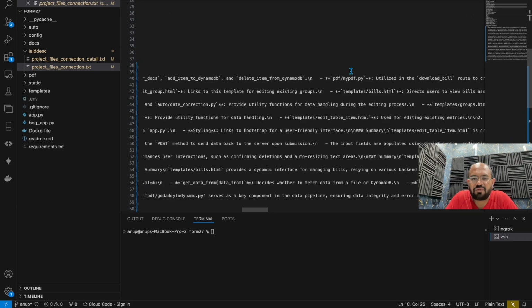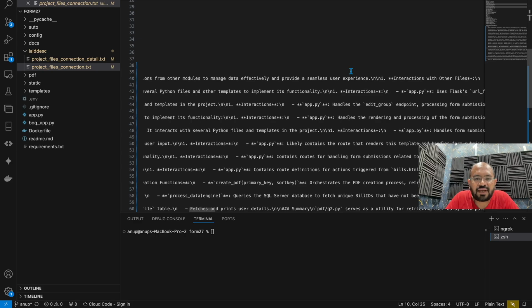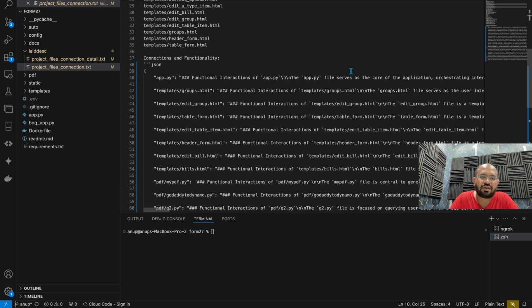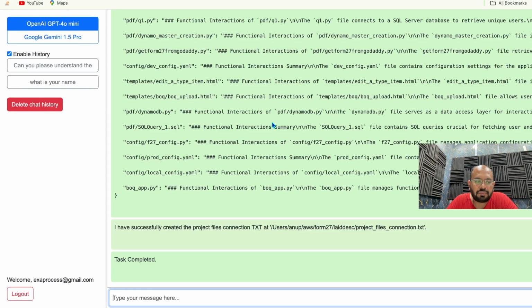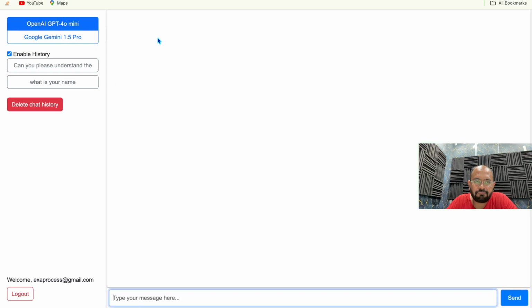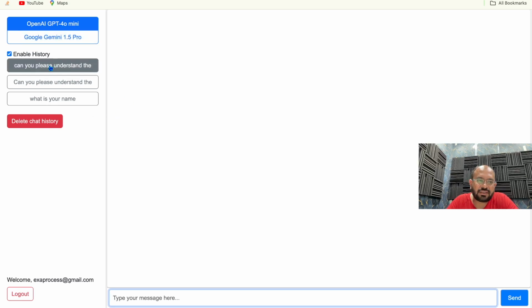When we ask further questions to the agent, the agent may refer to this file and give the answer, and it's not the case that the agent collects the project details every time. If there is some update, then we can definitely run it once a day. For our second command, let's start a new chat. Click over here. A new chat gets started, and the old chat goes into the history. Can you please understand that?